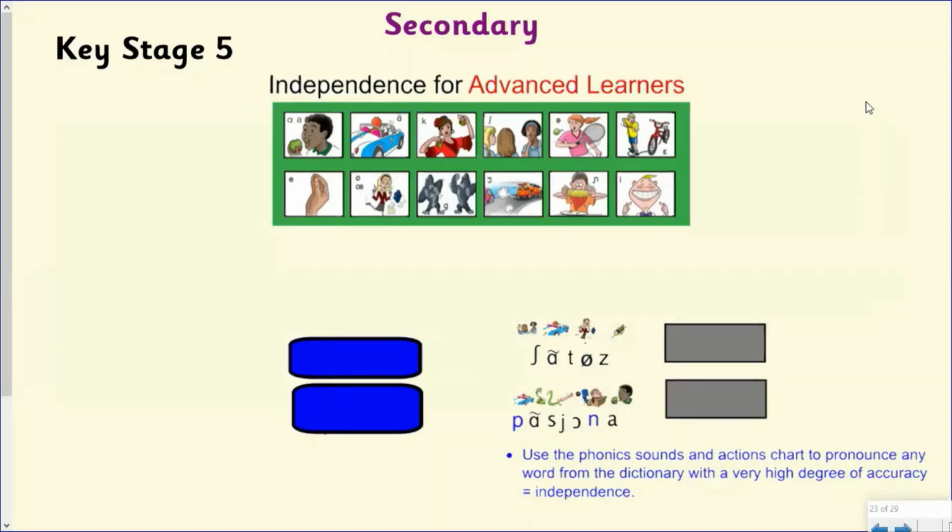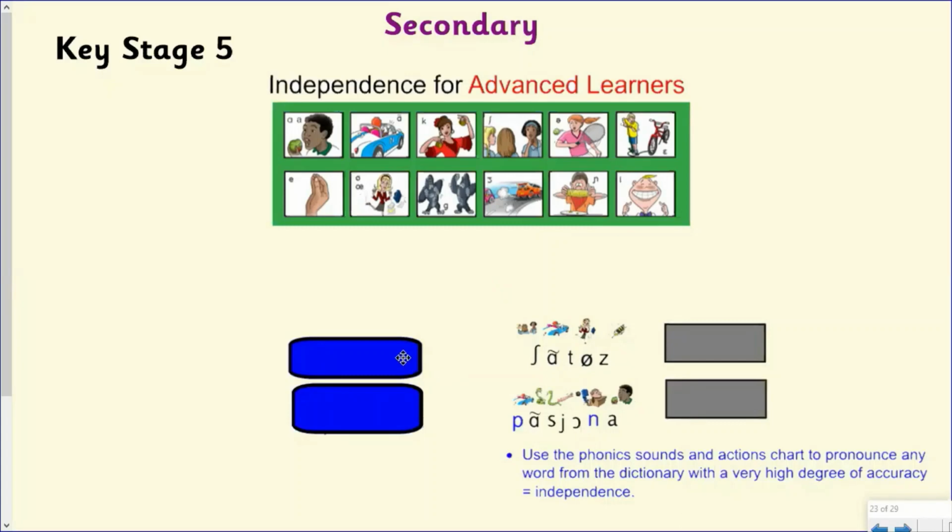So this means that a student in Key Stage 5, working independently and using a bilingual dictionary, will be able to decode the phonic symbols within it. So, for example, if they see this, if they're not familiar with the IPA, it probably wouldn't mean a lot to them. But if they then can use this decoding mechanism here and know that that is the sh sound, that is the on sound, that is the sound, and that is the z sound, and you put that together